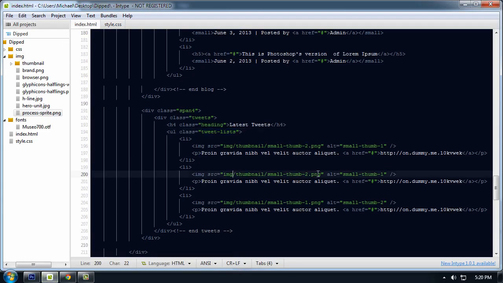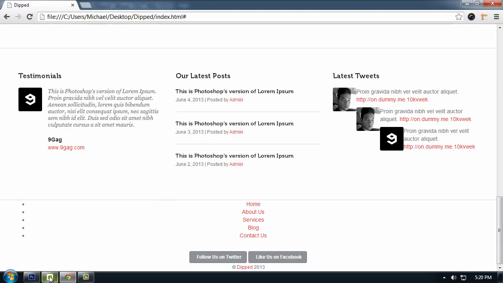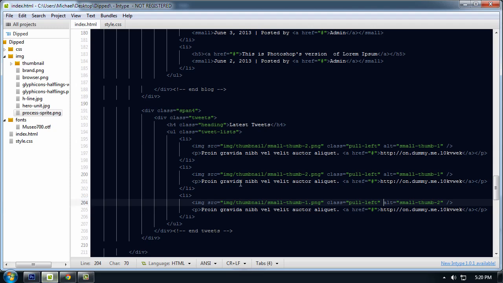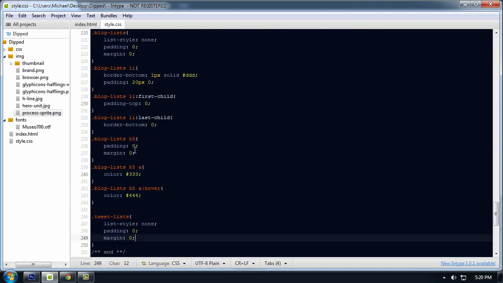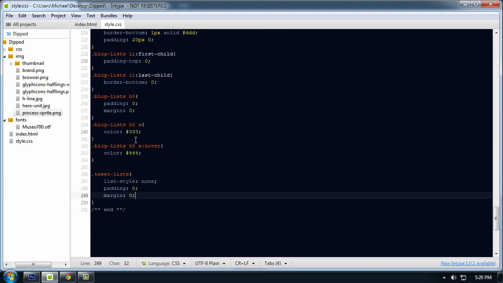Let's make the image class pull left. So every image is pulled to the left, and